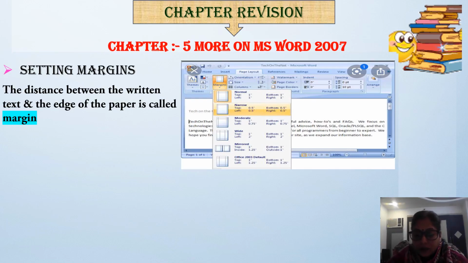Means you can give the margin of your paper, right? And for this margin option, you have to click on the print layout button in the document views group on the view tab. Okay.